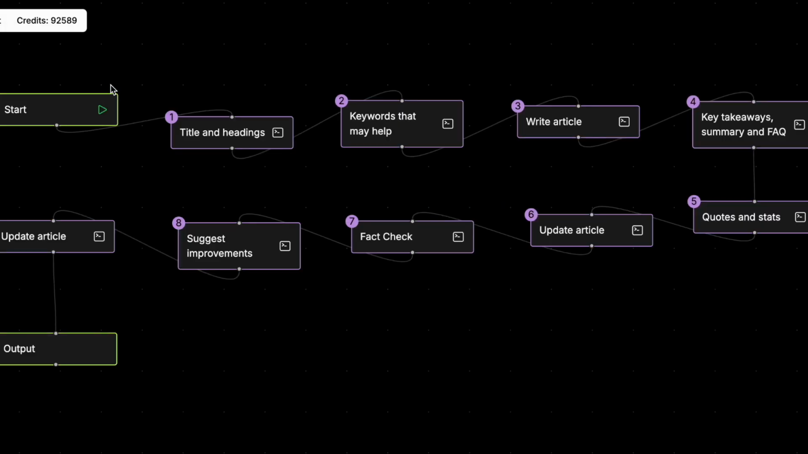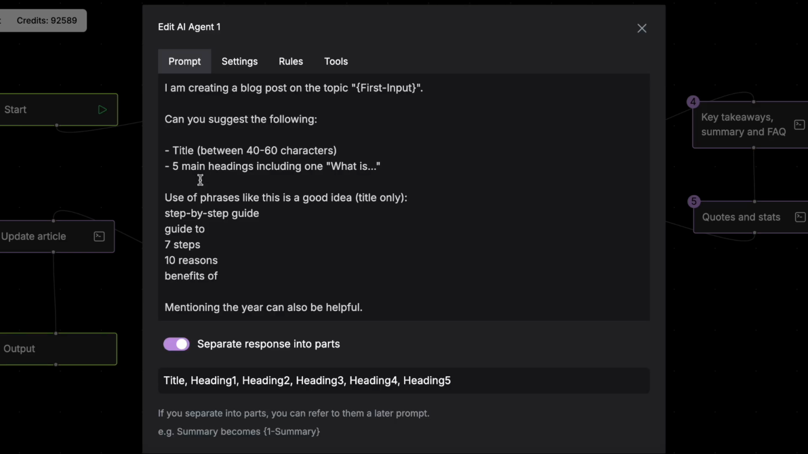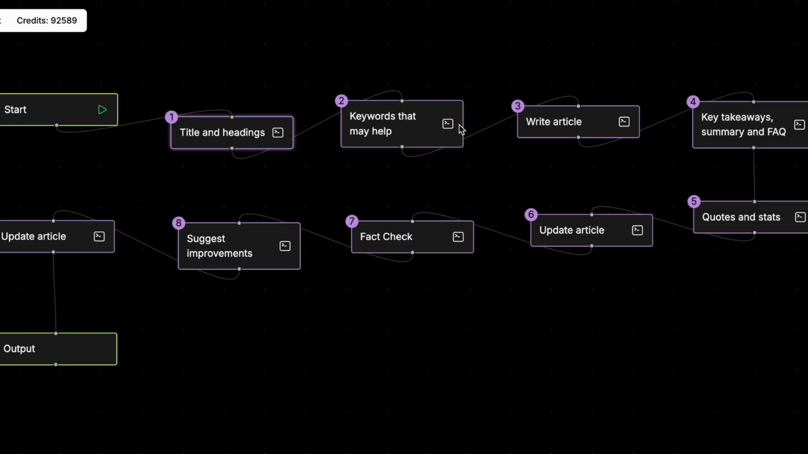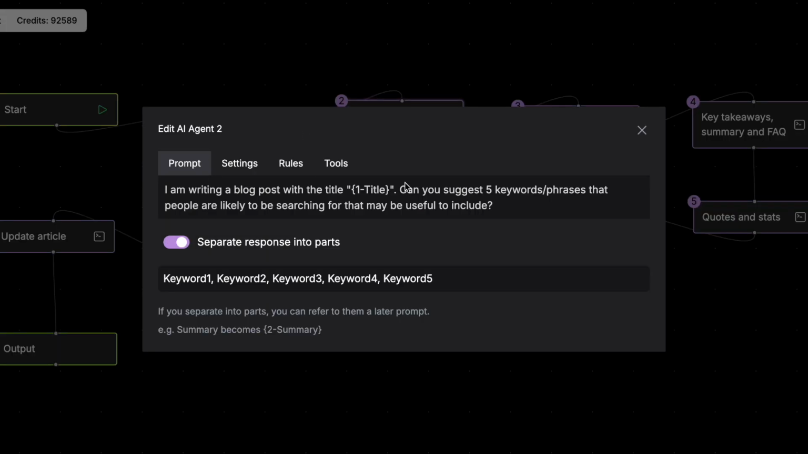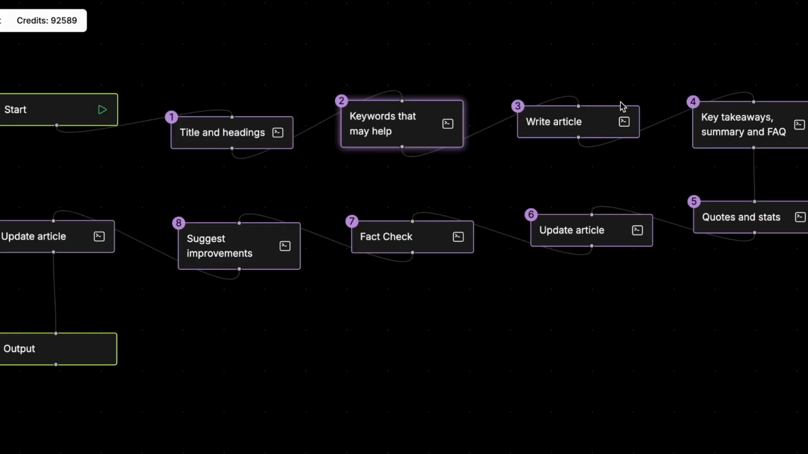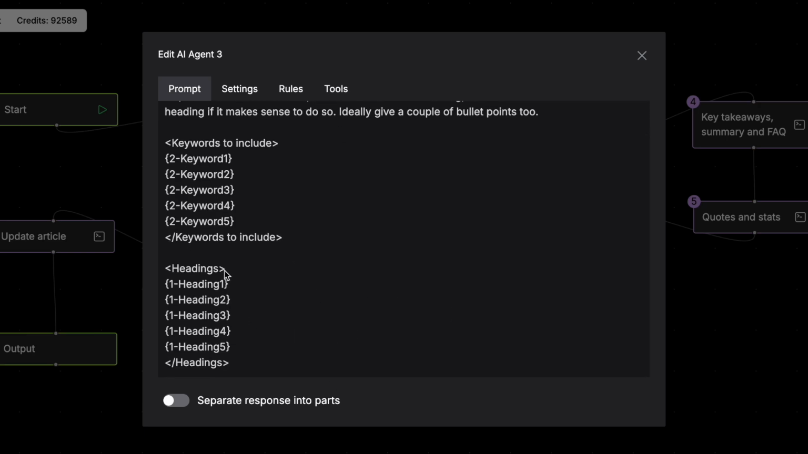My content writing flow, which has a Claude 3.5 Sonnet prompt designed to create the structure and the title, and then I separate that into parts, gave it some rules. These are standard, and then it will suggest some keywords and phrases, again using Sonnet, and I turn the tokens down here. We'll actually write the article including the keywords and the headings,